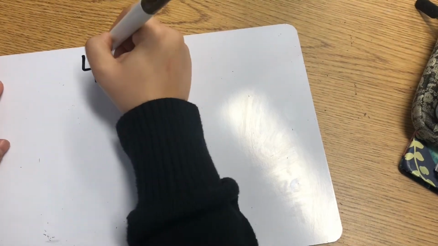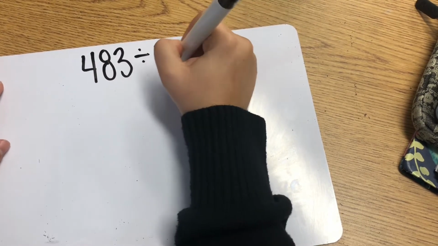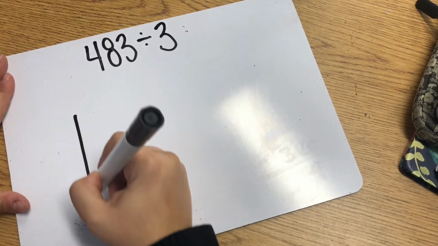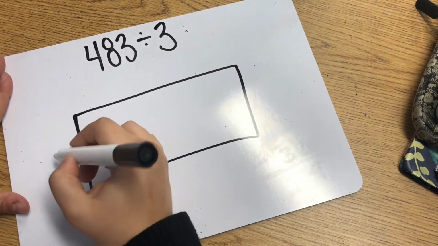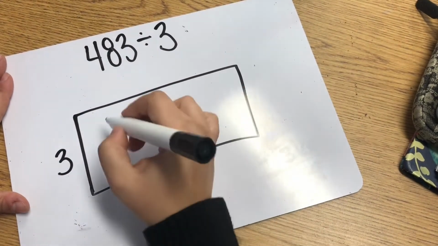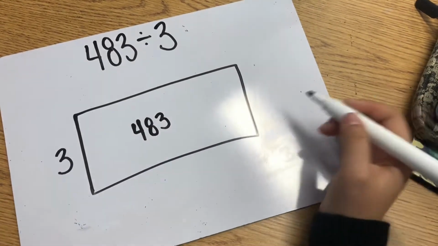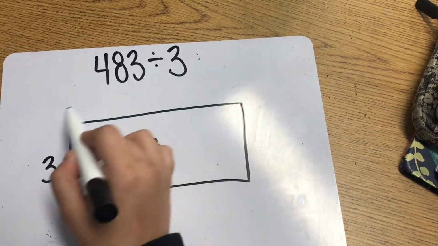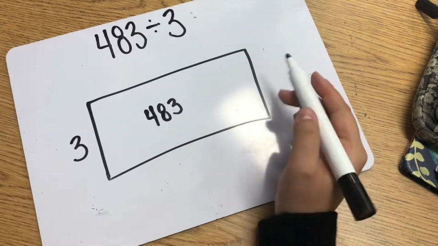483 divided by 3. Okay. So I'm going to go ahead and draw my box. Put my 3 right here, and then put my 483 here. So what I'm trying to figure out are the missing factors that go up here. I want to know 3 times what equals